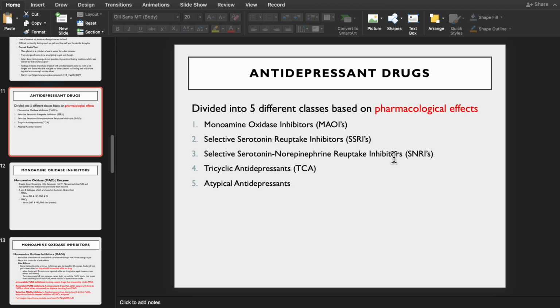Okay, so antidepressants are divided into 5 classes, which are based off of their pharmacological effects. Monoamine oxidase inhibitors, MAOIs, selective serotonin reuptake inhibitors, SSRIs, selective serotonin norepinephrine reuptake inhibitors, SNRIs, tricyclic antidepressants, TCA, and atypical